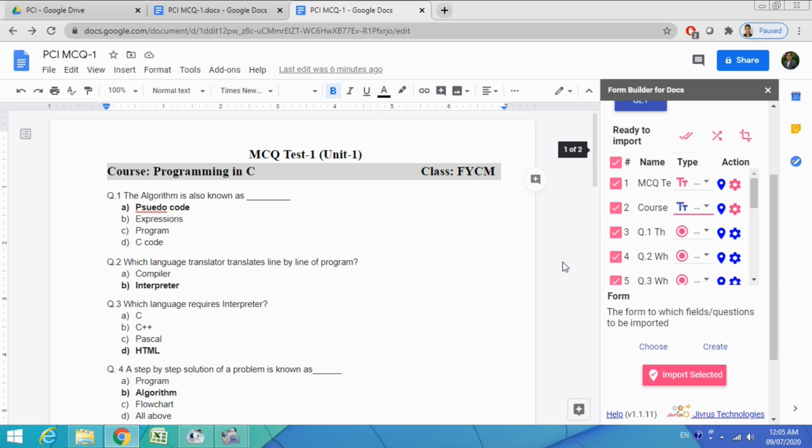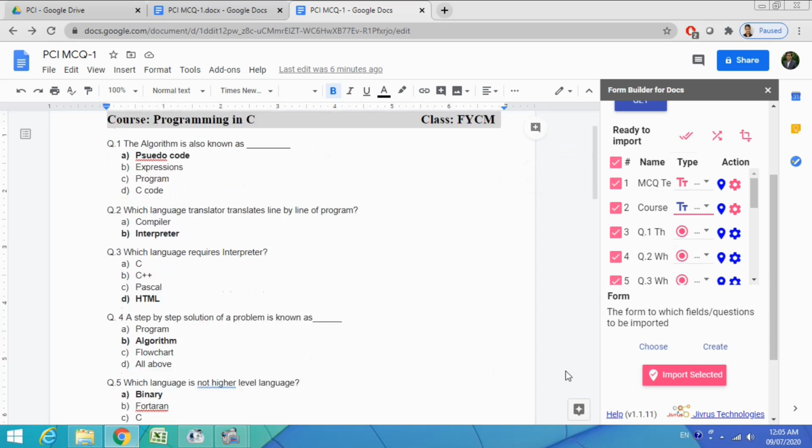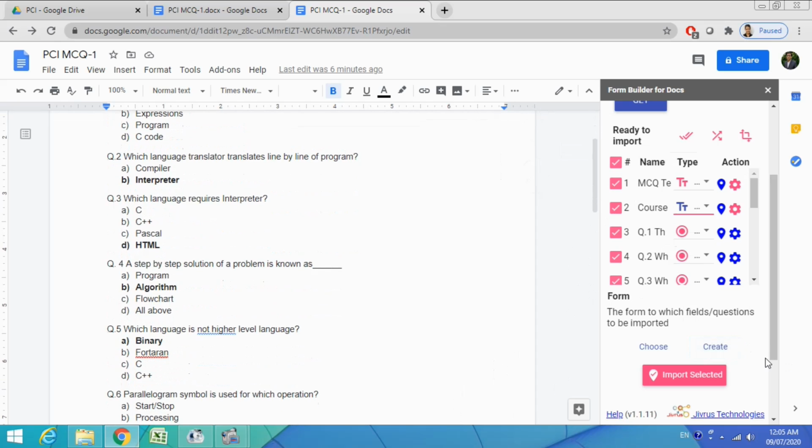Now the next step is you have to create the new form. If you see below, there are 2 buttons, one is choose and another is create. I am going to create a new form here. When to use choose, I will explain later on.